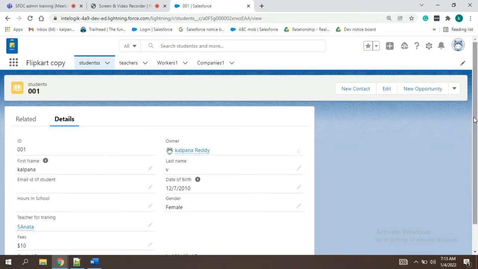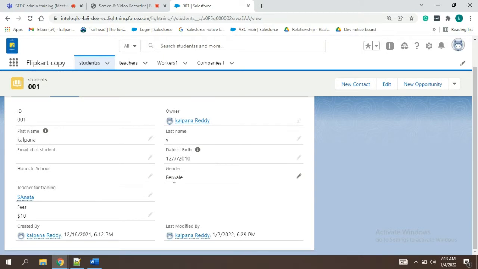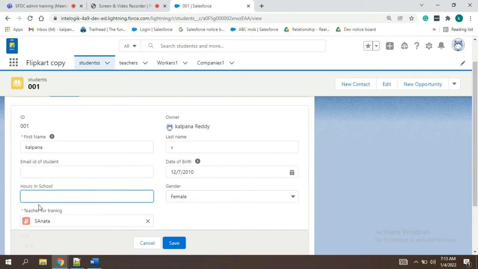I have a requirement from the client that whenever people enter the hours as below 4 hours, that is half day school, then they want to show one more field saying you have logged in or registered successfully for a part-time student.